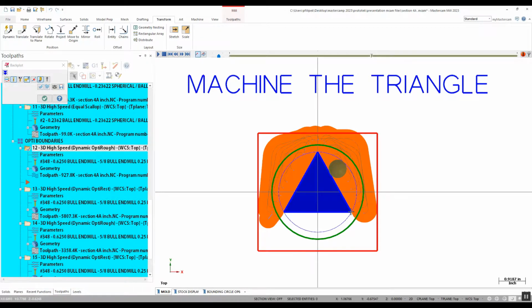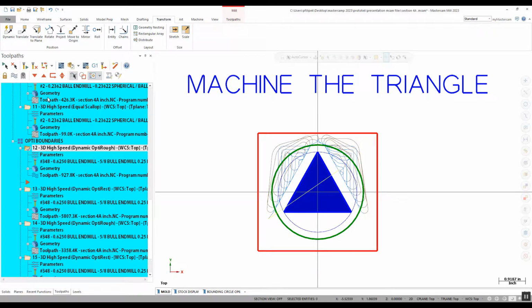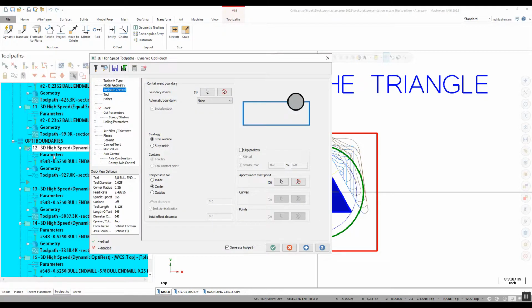So I didn't get no cut here because it's bound tight around there. So that's how none works right off the bat. Now what if I want to still get my cut all the way to the outside? You do have an option here,